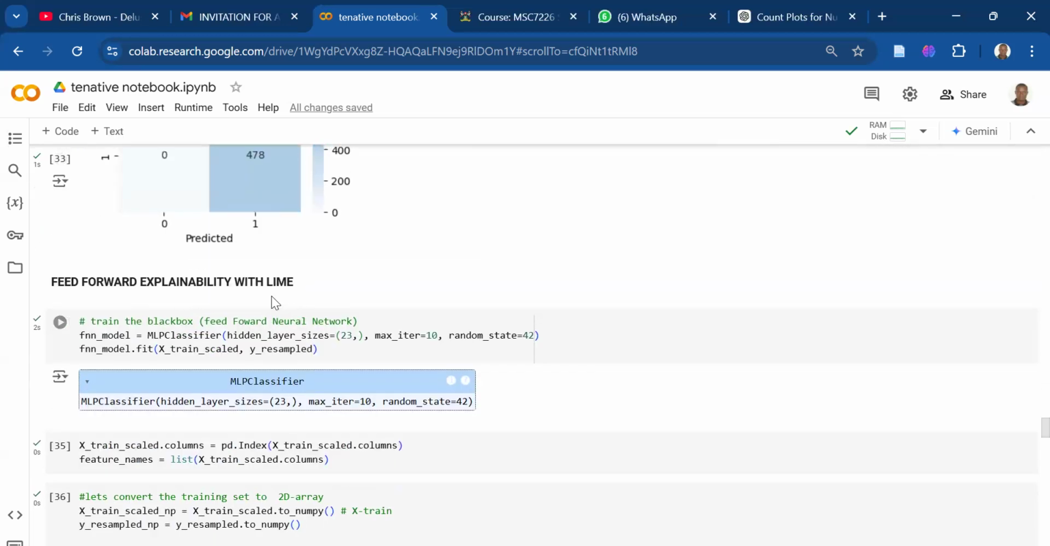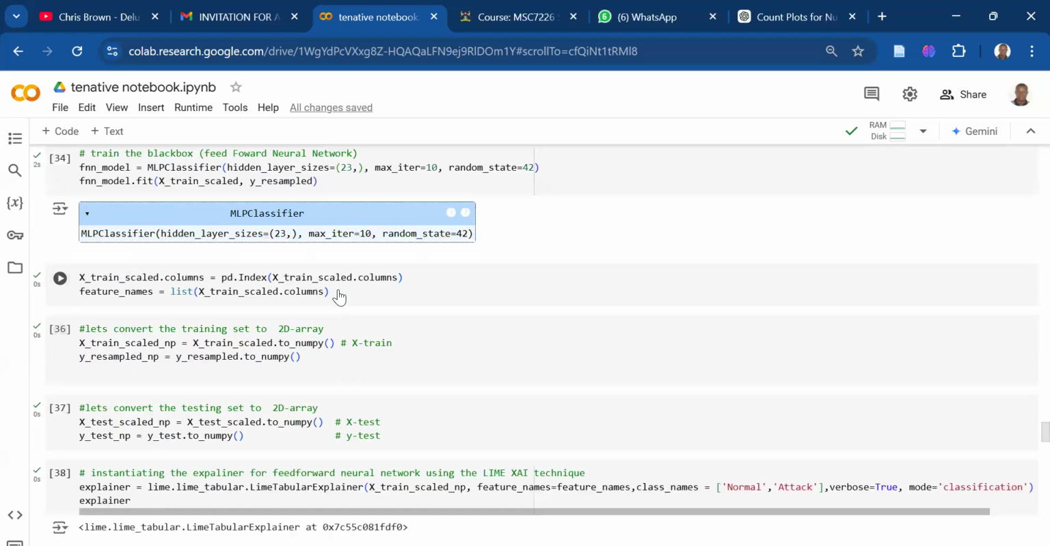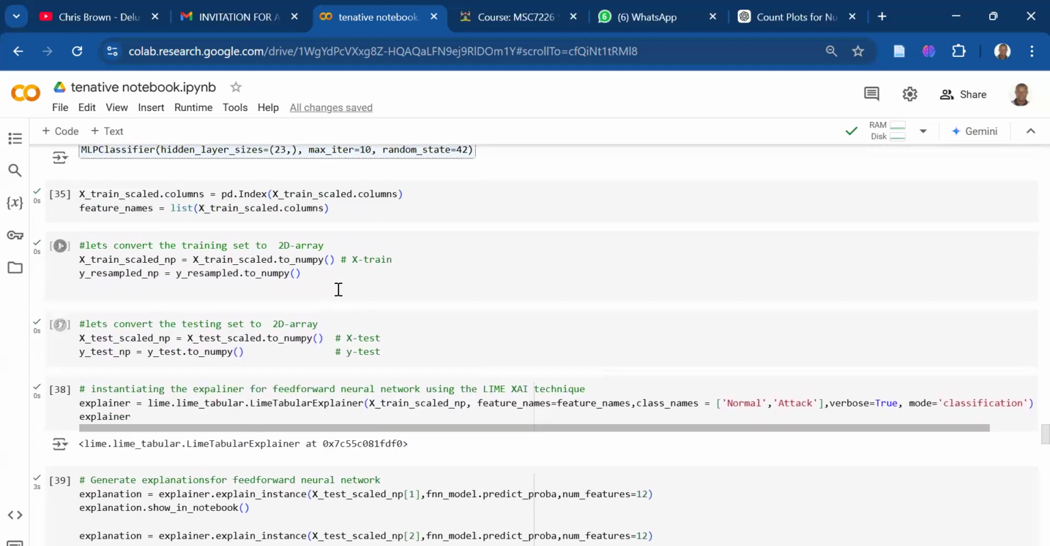Here, I'm invoking the explainability with LIME. Here I instantiated it. I trained the black box feed-forward neural network. Then after that,